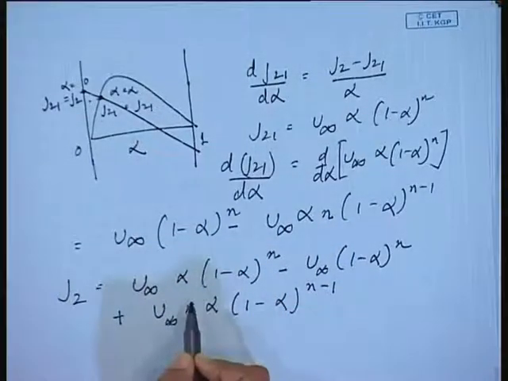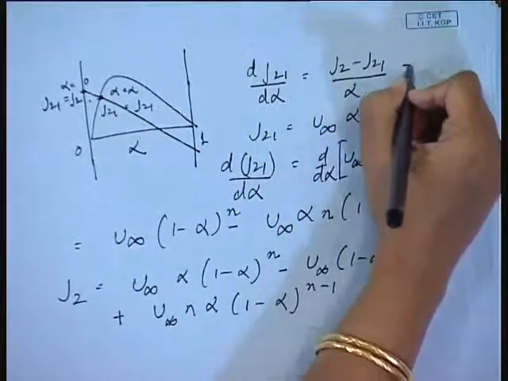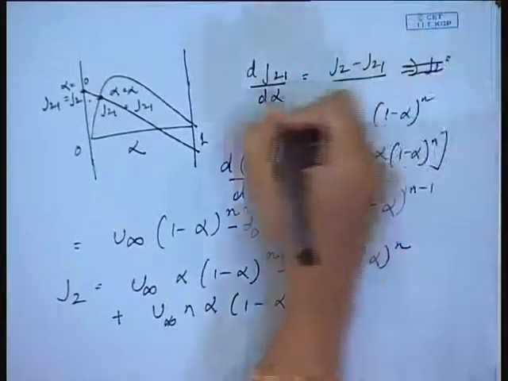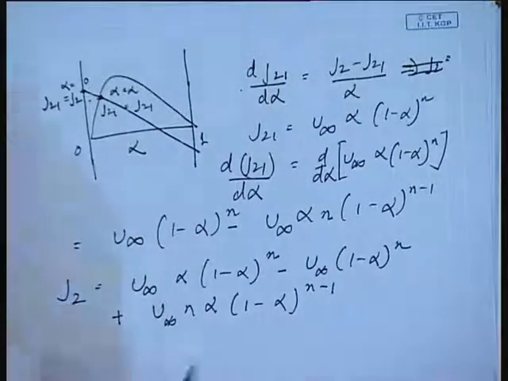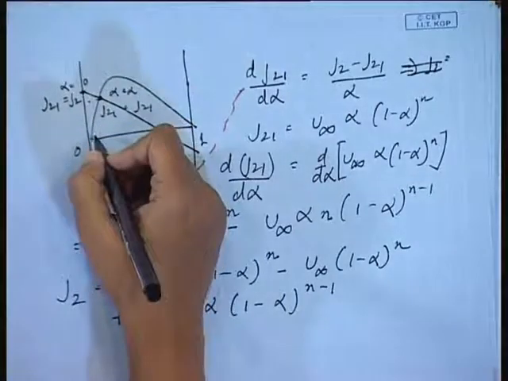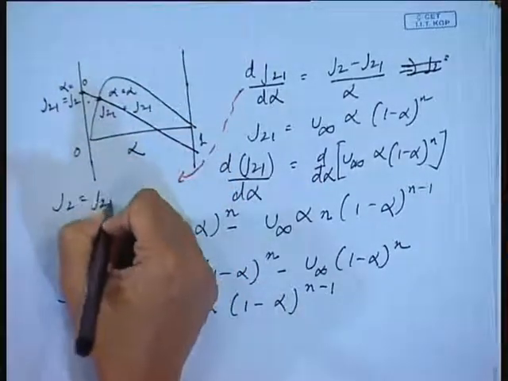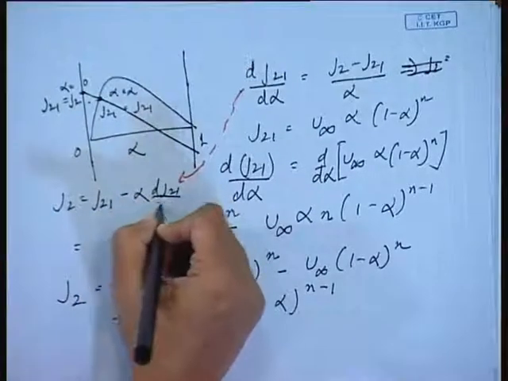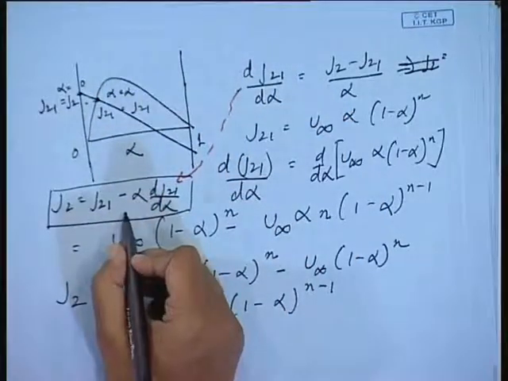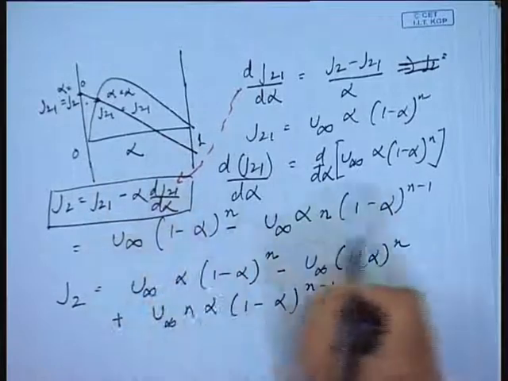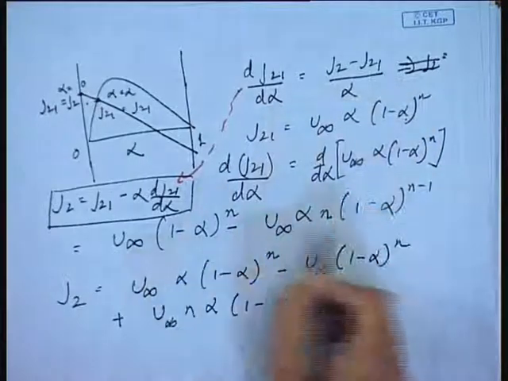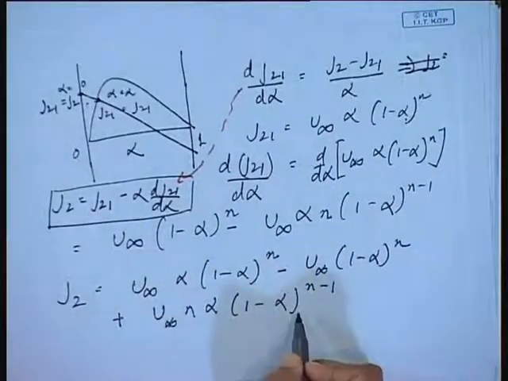This should come as J2, because from this particular equation we know that J2 equals J21 minus alpha dJ21 d alpha, isn't it? From this equation we know this. Now, dJ21 d alpha I have already found out, and J21 I know already. So, if I substitute this in this particular equation, I get an expression of J2,